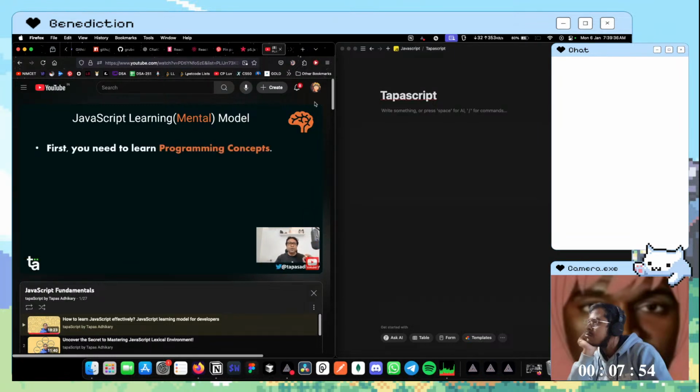What is rule number one? The rule number one is you need to learn the programming concepts. Whether you are learning JavaScript, Java, Go, Python, whatever programming languages of the world, there are certain programming concepts which are common. And you should learn those concepts isolating them from the programming language that you're focusing on. For example, if you're learning JavaScript, park it for some time, but first learn these programming concepts. I will discuss some of these in this video.